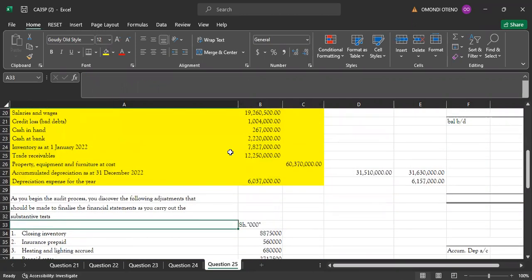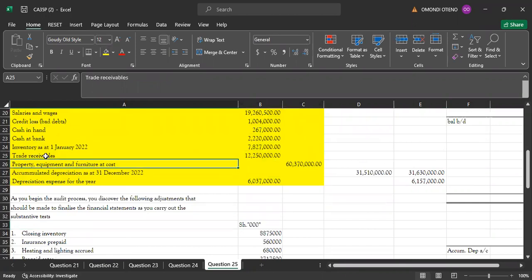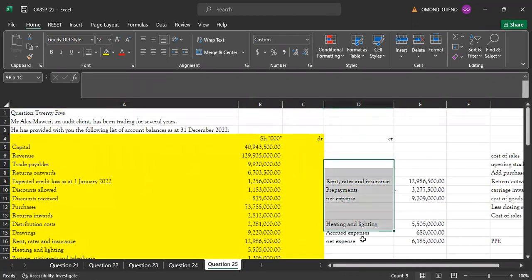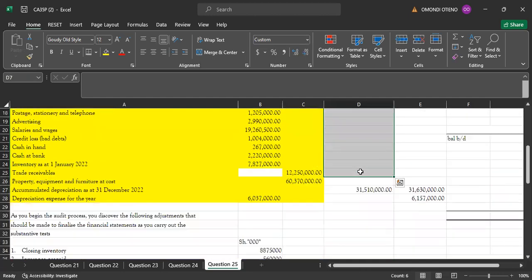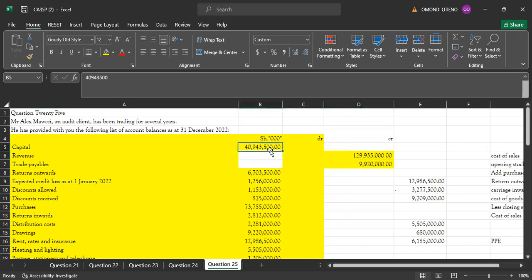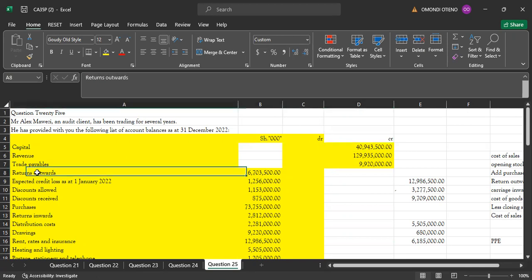So before the adjustments, are you able to come up with a balancing trial balance? Trade receivables, you know very well that is an asset. So an asset is going to have a debit balance. You know very well that trade payables will be having a credit balance. Then your revenue will be having a credit balance, capital, credit balance. Return outwards,